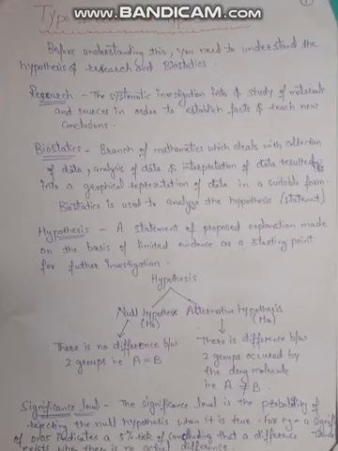Now we will also talk about significance level. Significance level is the probability of rejecting the null hypothesis. And what do you mean by rejecting the null hypothesis? In actual, A is equal to B, but we are assuming that A is not equal to B. So it is the rejection of null hypothesis. For example, a significance of 0.05 indicates a 5% risk of concluding that a difference exists when there is no actual difference at all.